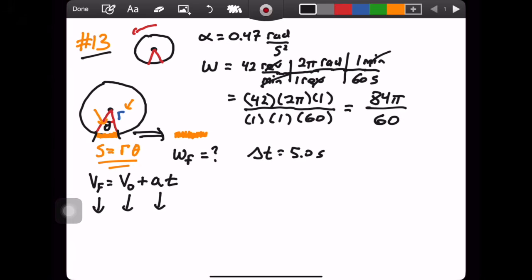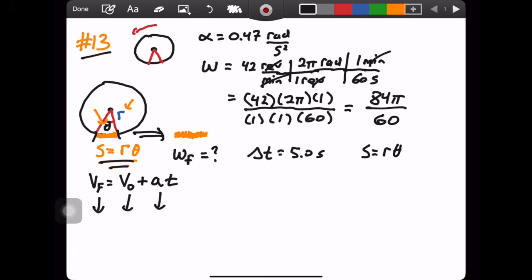So since I am taking displacement, which is the arc length, and I am equating that to how far away from the center of the rotation we are, and also what the angle being swept is, that's this equation right here. If I have S is equal to r theta,